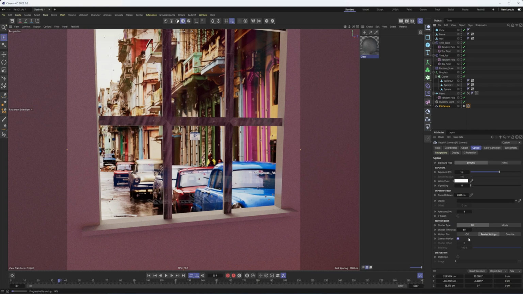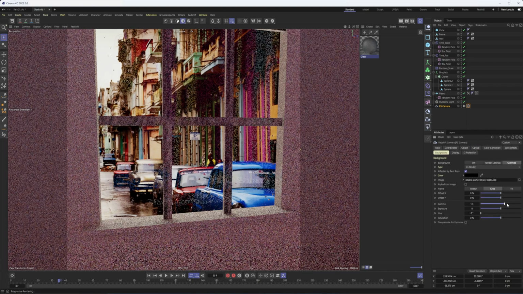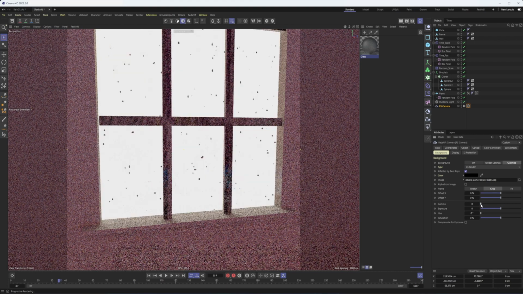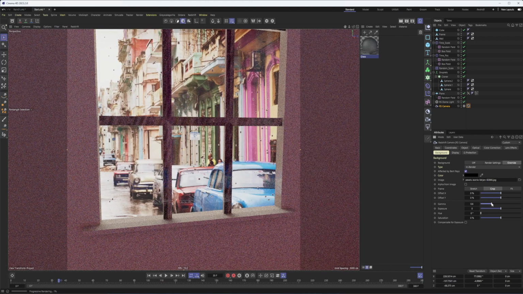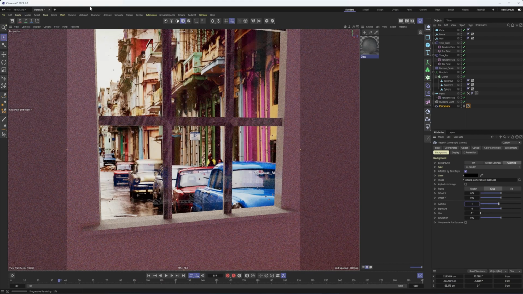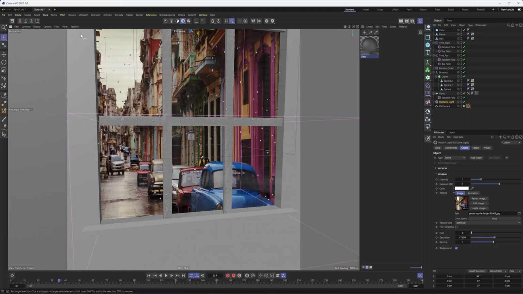If I just wanted to brighten up the dome light, or I'm sorry, our background, that would just be in the background section here. And I can do that with our window. All right, there we go, wrong way. So I could do it like that, and that's not going to affect the lighting. But I think that's looking pretty good. I may even turn the saturation down on the dome light a little bit, just because it was a little kind of pink or red. Cool. So that's looking good.